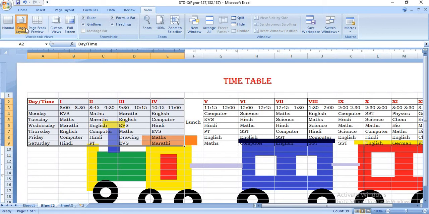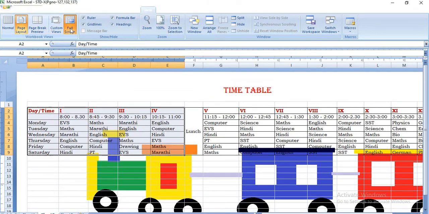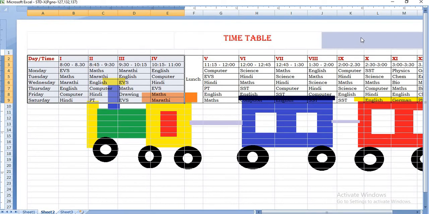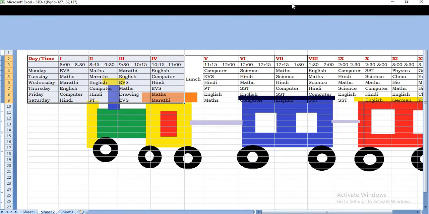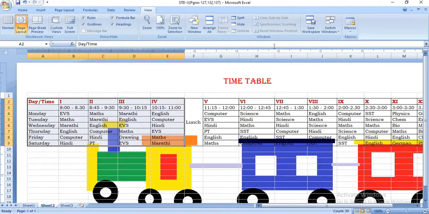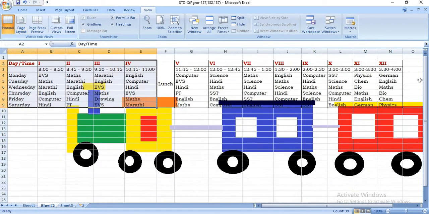Now set the full screen view to observe the worksheet in full screen mode. So just now I'm showing you the worksheet in full screen mode. With the help of the Escape key, your sheet will become normal again. Then after accessing different views, switch back to the normal view. So go to the normal view and save your work.